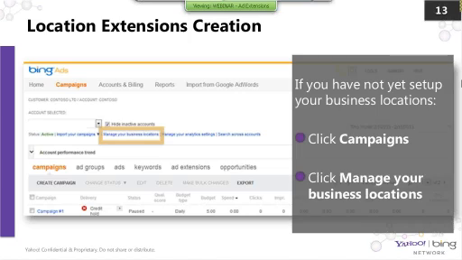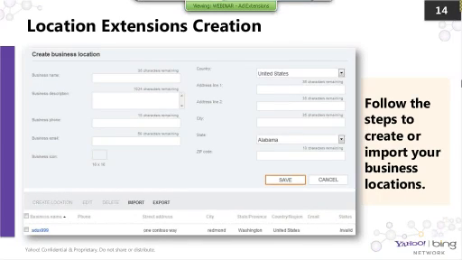Thanks, Courtney. So location extensions creation, really easy to execute via the Bing Ads user interface. First of all, you have to set up your actual business locations at the customer level within your account. So in order to do this, once you log in the UI, you simply click on the Campaigns tab of the UI, and then within that tab, you click on Manage Your Business Locations. And once you click on that, this allows you to follow steps to create or import all of your business locations